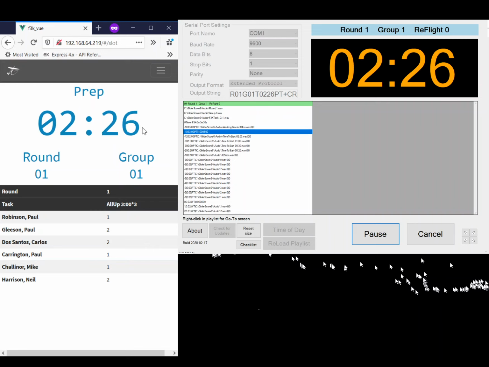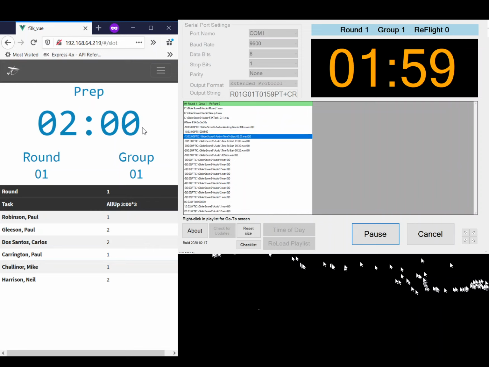So this timer here is synchronized directly with the central GliderScore computer, so whichever phone you're viewing it on, you're going to see the same numbers. Those are accurate to within a second or so, so we will still be relying on the audio cues from the central GliderScore computer for the absolute timing. So if you're clicking stop at the end of a window, then you'll still be doing that in sync with